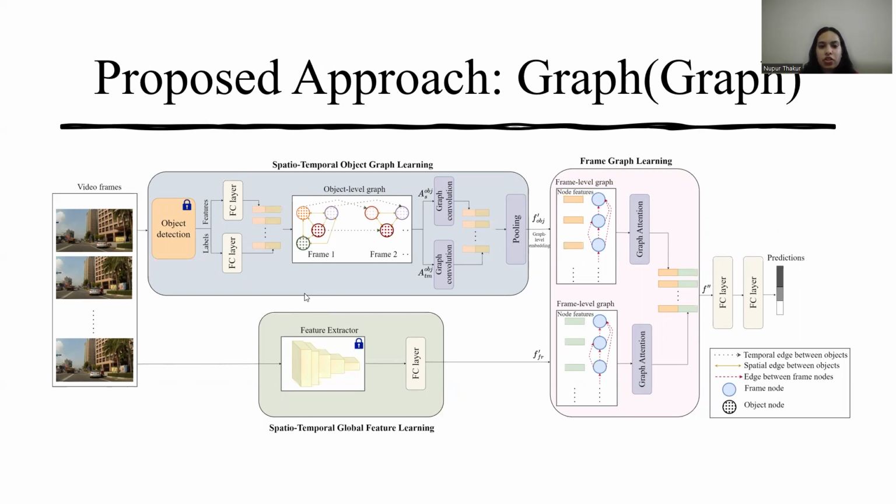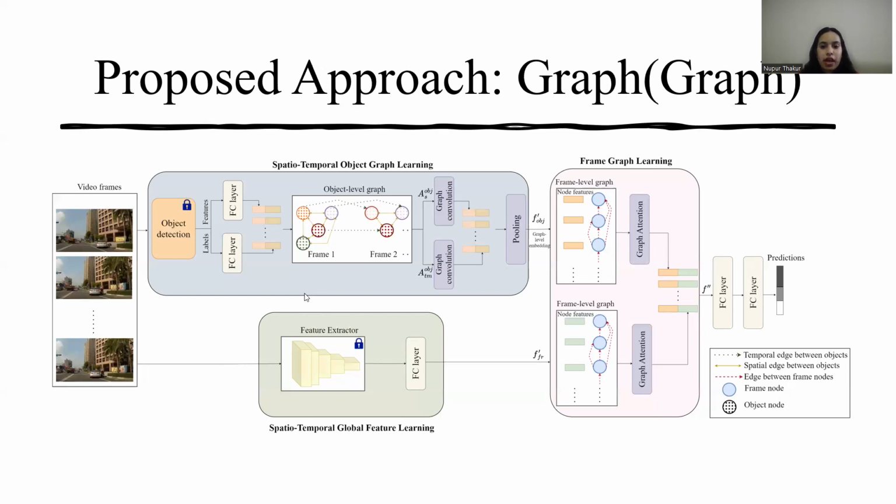The spatial edges here would be the Euclidean distance between the centers of the detected bounding boxes. We propose the temporal connections across the object graphs of different frames here, where the edges will exist only between the objects belonging to the same class. The edge weights here are the cosine similarity between the object visual features.